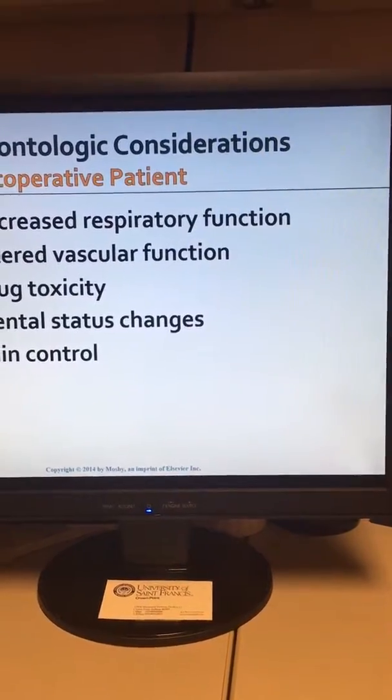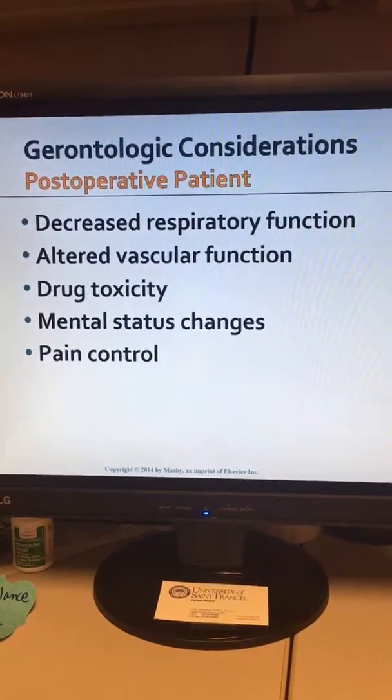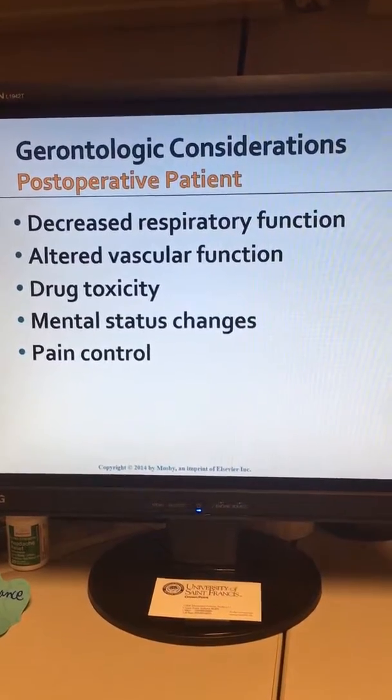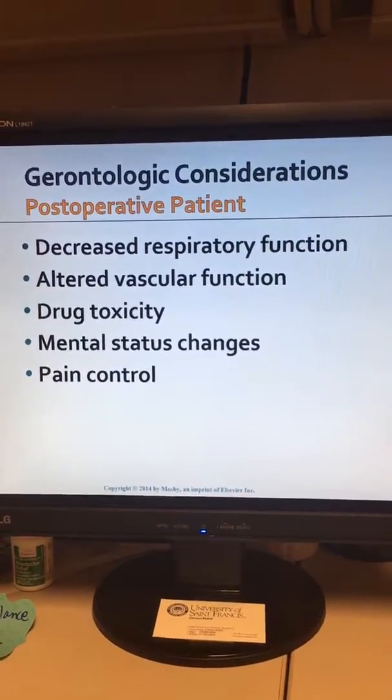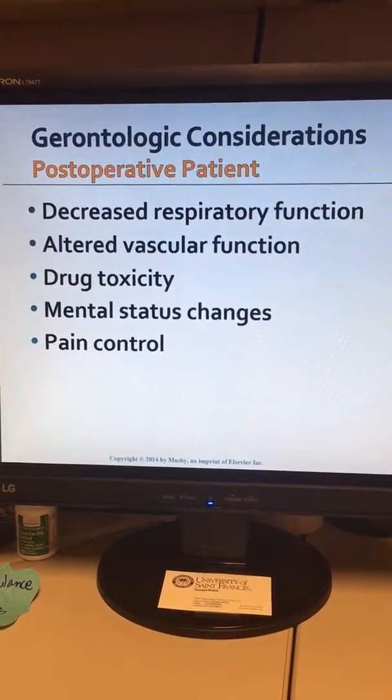But the elderly are more apt to not want to take pain medication because, one, it will affect their bowels, and two, they have a higher feeling that they're going to become addicted. So educate, educate, educate. This is your updated, abbreviated post-operative